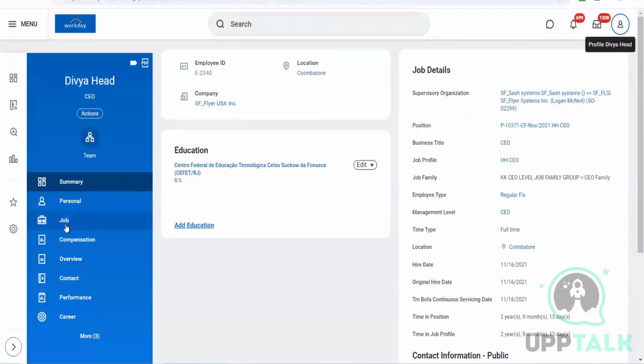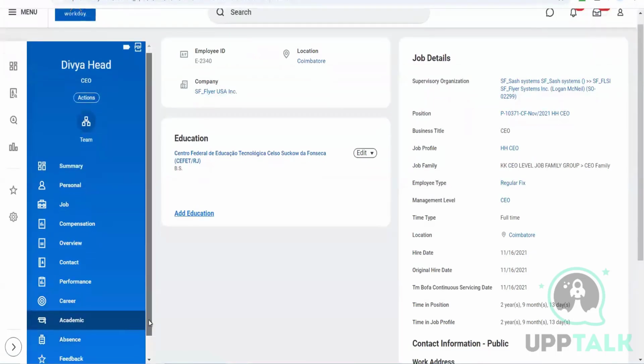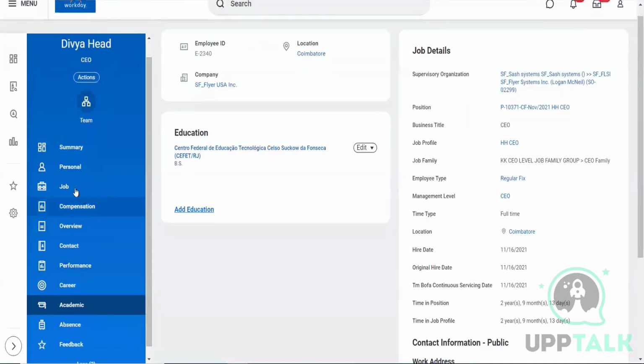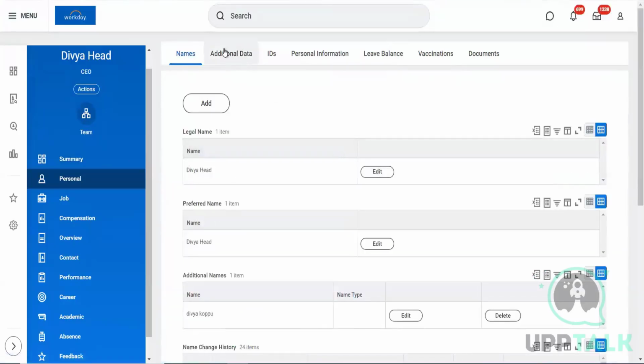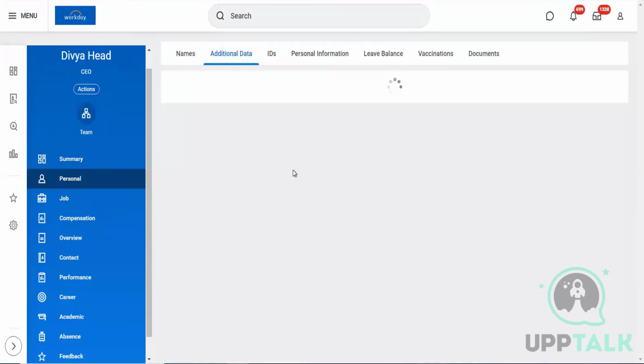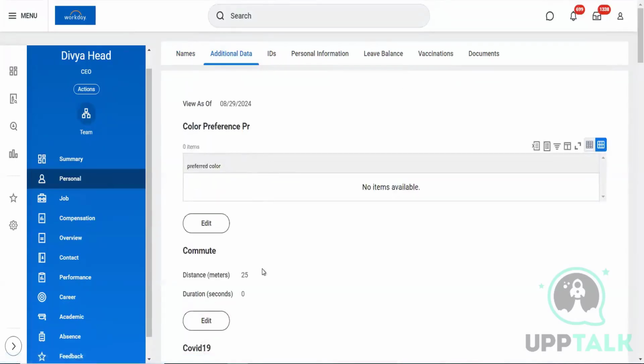Here you can see the additional data tab that is available. Right here we can add a couple of fields wherein they can add their allocations, in case they wish to change. Normally this is for one particular person. I'm just talking about the 10,000 employees; I cannot go about all the workers individually. I'm talking about all the workers, right? So a task will be triggered to their inbox, wherein we'll